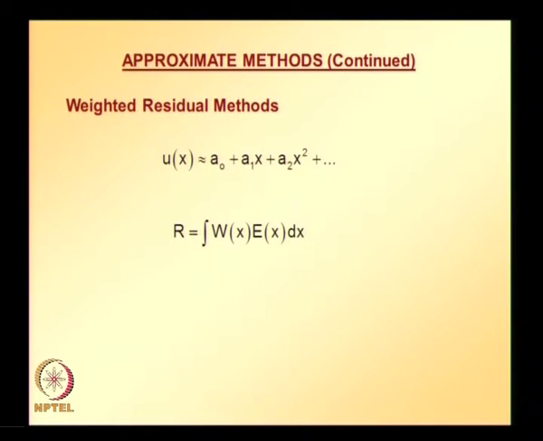Total residual is this one: the residual multiplied by the weight function, integrated over the problem domain. The coefficients of the trial solution, a0, a1, a2, these unknown parameters, can be determined by minimizing this total weighted residual. It is weighted residual because we are multiplying the residual with a weight function and integrating over the entire solution domain. Depending on the weight function that we select, we can categorize these weighted residual methods